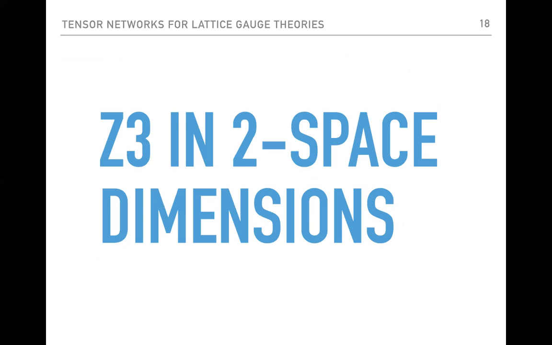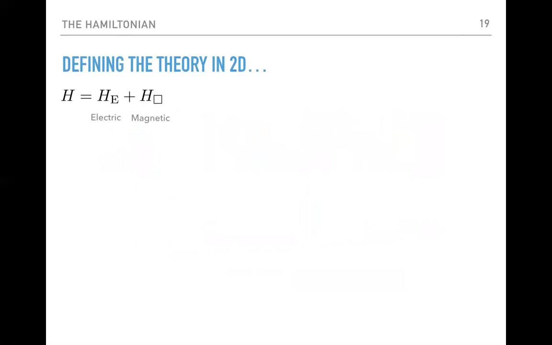If not, okay. So now the goal was to start with a simple thing, a simple gauge group, which we do not want to truncate. So it's a finite gauge group, Z3, and we want to show, as a proof of concept, that we can simulate a lattice gauge theory based on a gauge group with an iPEPS setup. And so for that, I need to first start defining what the theory is. The theory is basically defined by a Hamiltonian, which has an electric and a magnetic part.